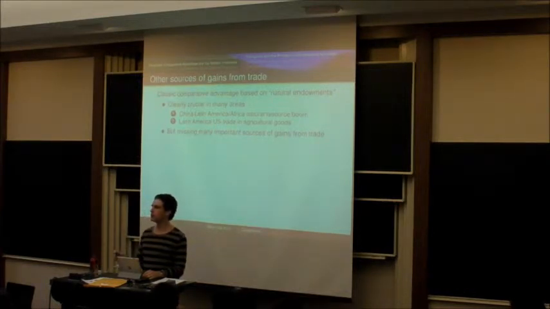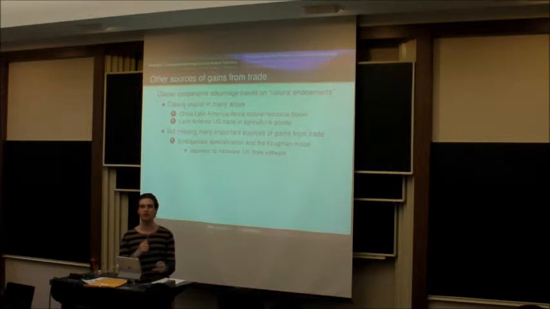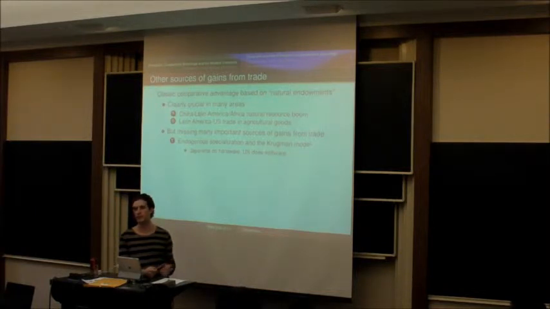However, many of the most important gains from trade don't come out of natural things that different countries are good at, but just what they end up deciding to specialize in. So this is called the Krugman Model, and a classic example of this is, most hardware is produced in Japan, or is created by Japanese engineers. But most software is made in the United States. Why is that? It's not obvious that Japan is naturally better at making hardware and the US is naturally better at making software.